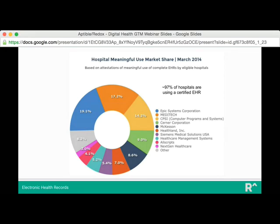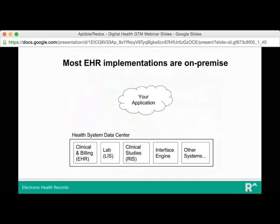So the reason why this is important is that understanding what EHR vendor it is gives you a little bit of sense of how you'll actually access information within those EHRs. So the vast majority of EHR implementations are on-premise. And what I mean by that is that they're implemented in a health system's data center, actually on-premise at that health system, down in a basement somewhere, along with other systems that the health system might be using. They might have a separate lab system or scheduling system or their clinical research systems. And these systems are all tied together with an interface engine that can